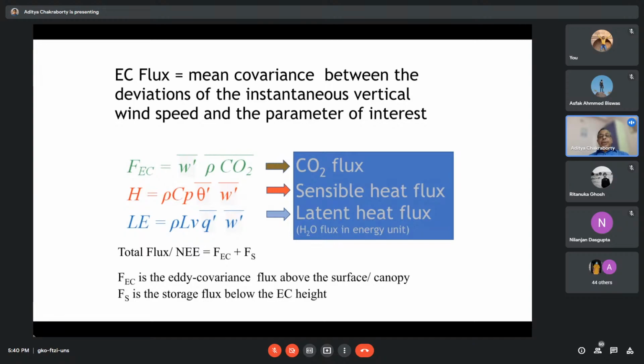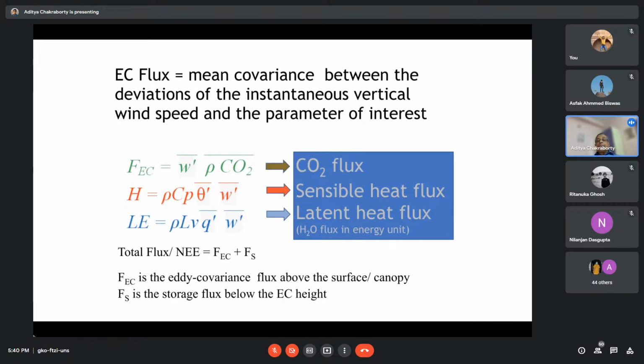Now, FEC means it is driven by eddy or turbulent fluxes. It is purely turbulent flux, the turbulent process as I described a little ago. And then FS, it is the storage flux. Now, this is not controlled by turbulent processes, but there is always some amount of carbon dioxide stored within the canopy, and it slowly diffuses. It can go up, it can go down, but in general, its component is not very significant. With respect to the eddy-driven fluxes, it may be 5% or 10%.